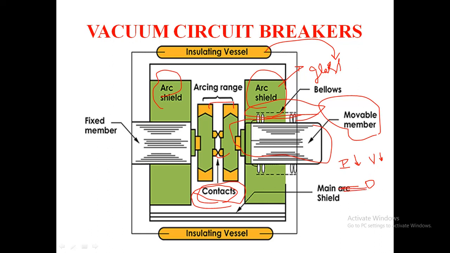Okay, several parallel paths. So the total current will be divided into many parallel arcs which will ripple and spread over the contact surface. This is called a diffused arc. At a high value of current, the arc gets concentrated on a small region. The interruption of the arc is possible only if its diffused status remains the same. So it will be removed from the contact surface and the arc will be restricted.